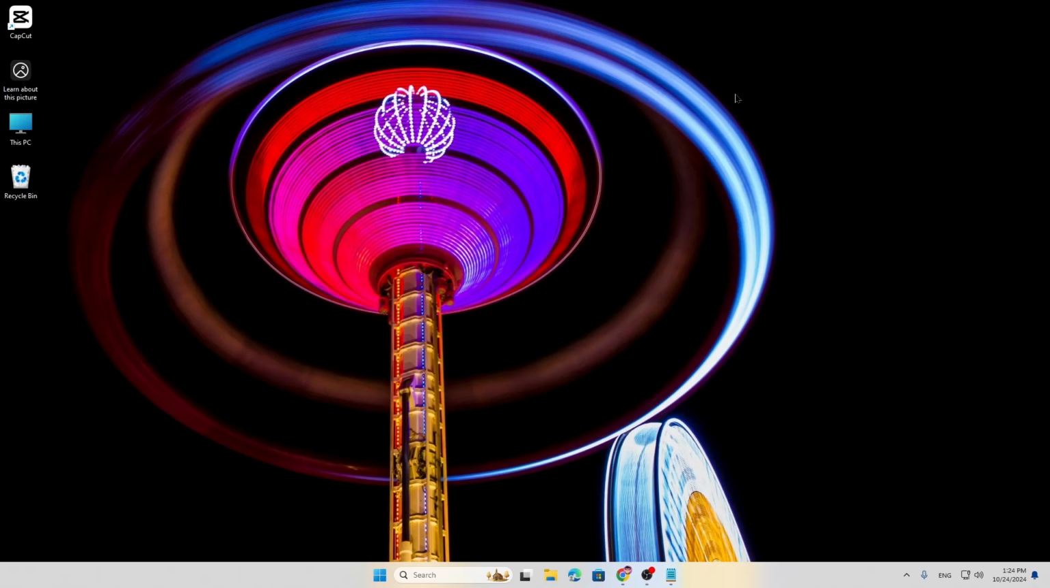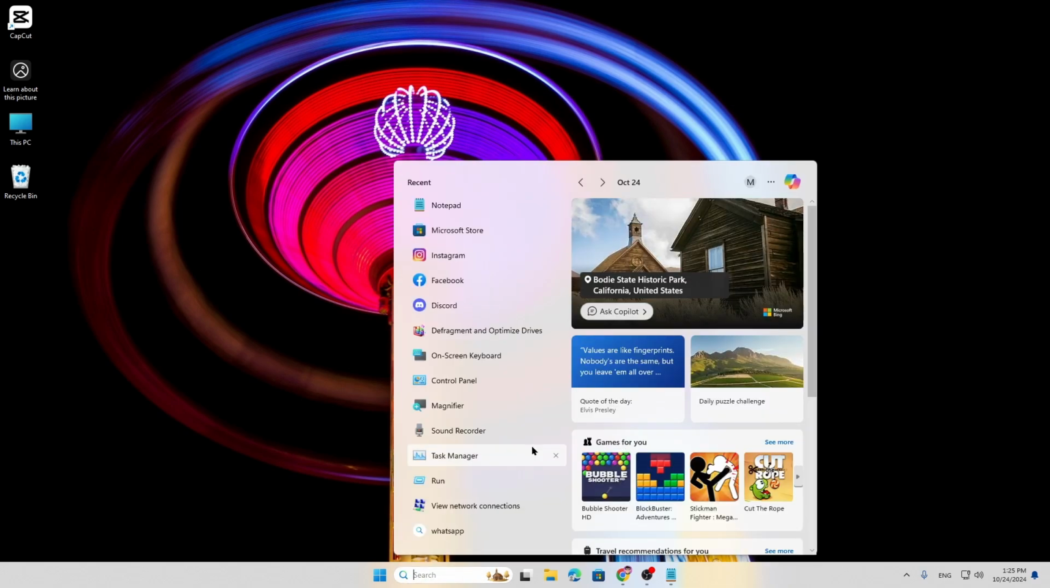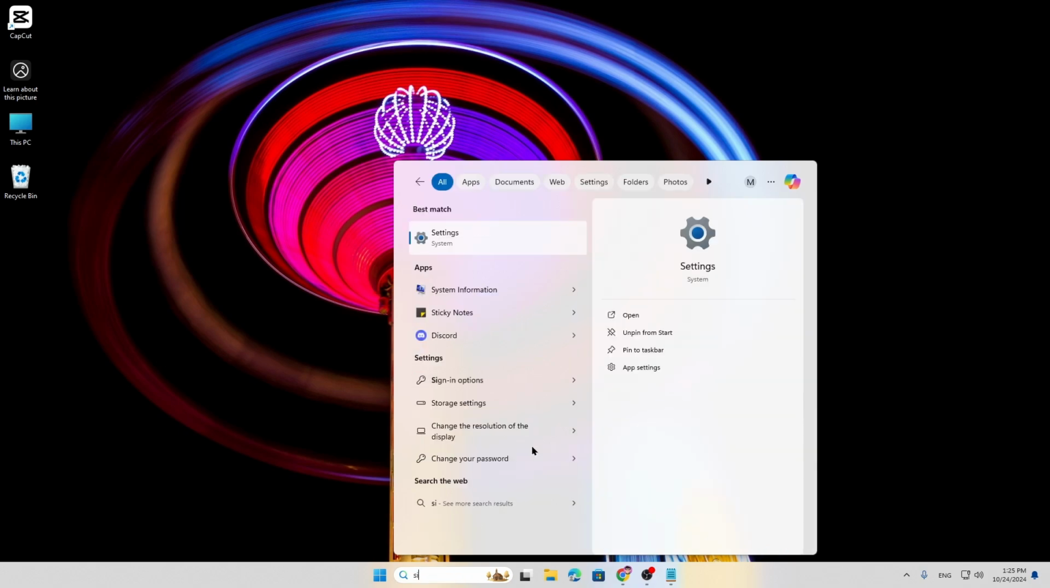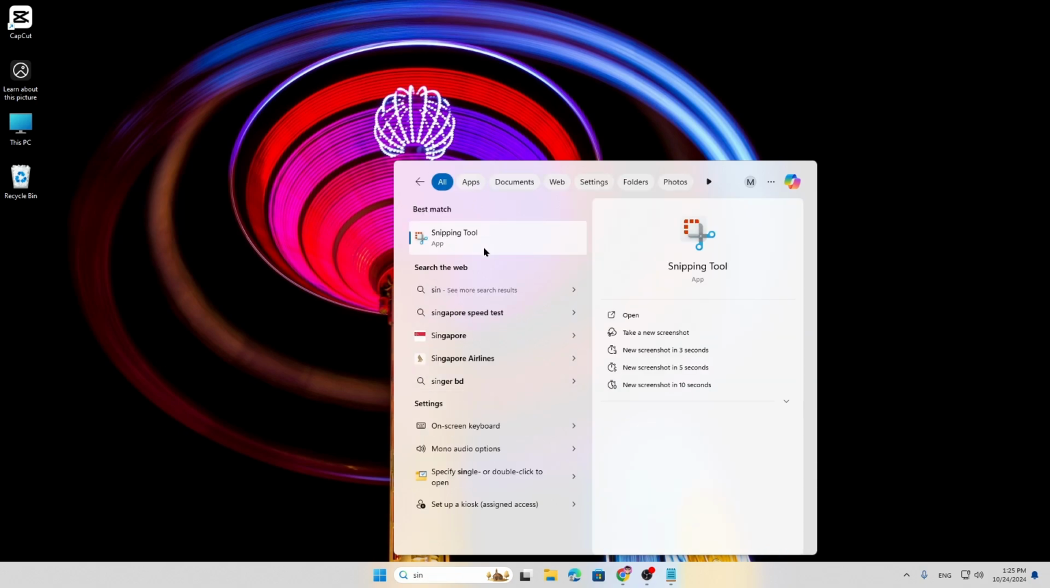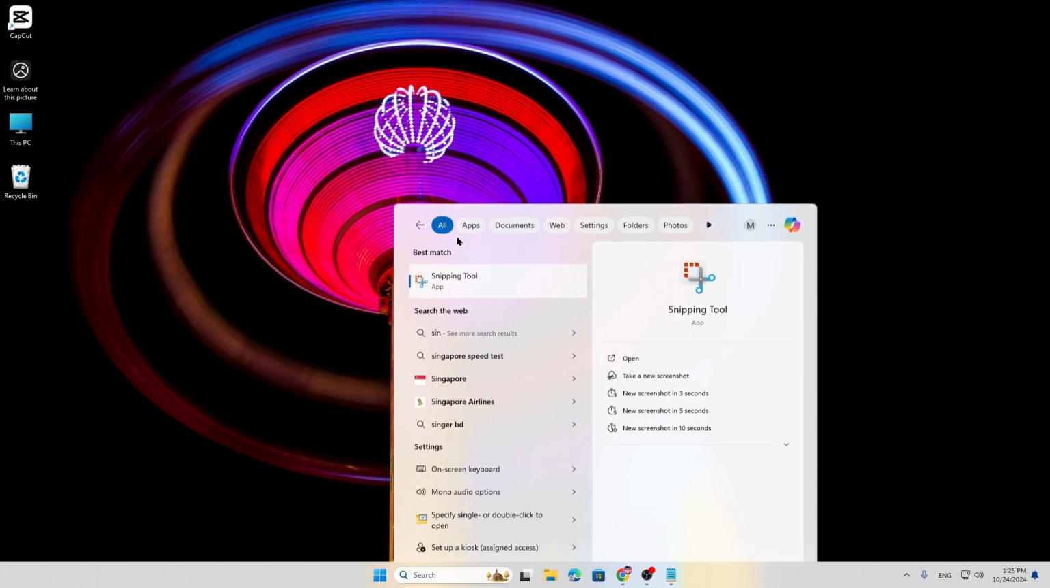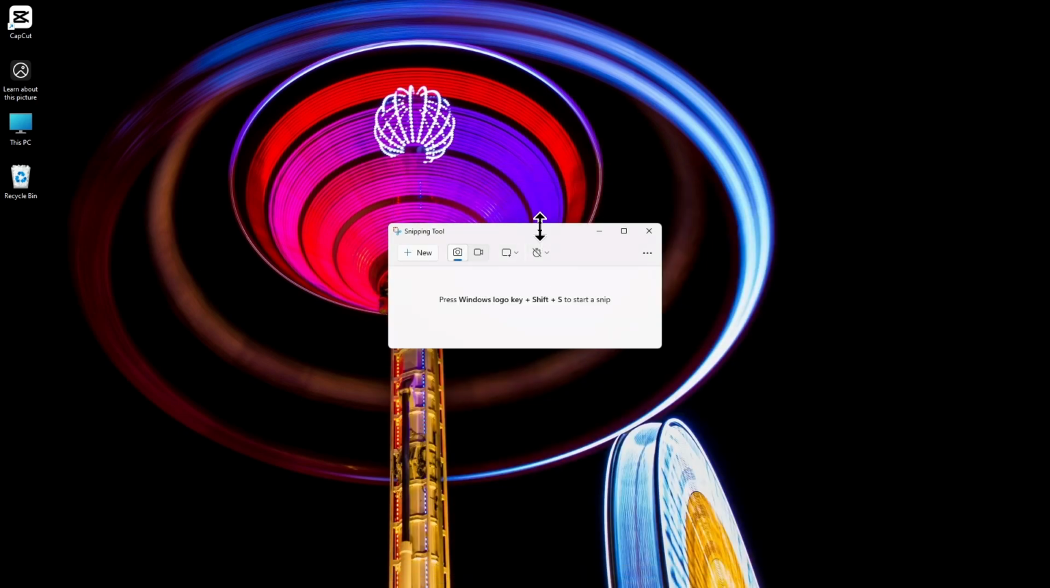Today I'm going to show you how to use Snipping Tool in your Windows 11 in a very simple way. You can do it in your Windows 10 also. So here you just need to come over to your search option, and from here you just need to type Snipping Tool. It's a built-in application from Windows, so if you click on that, it will help you to take a screenshot